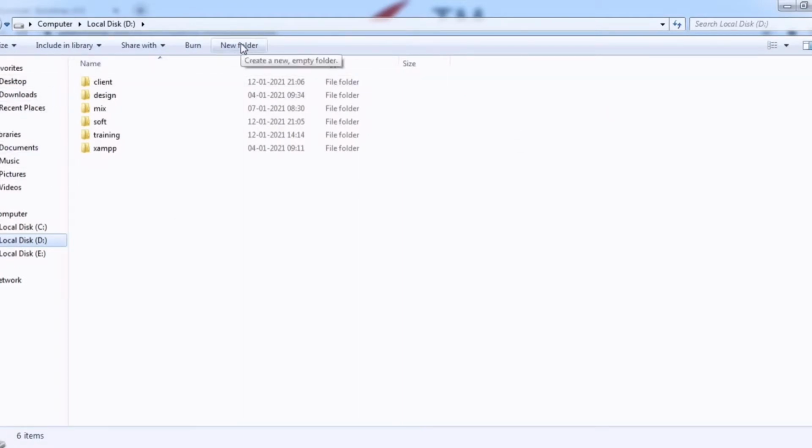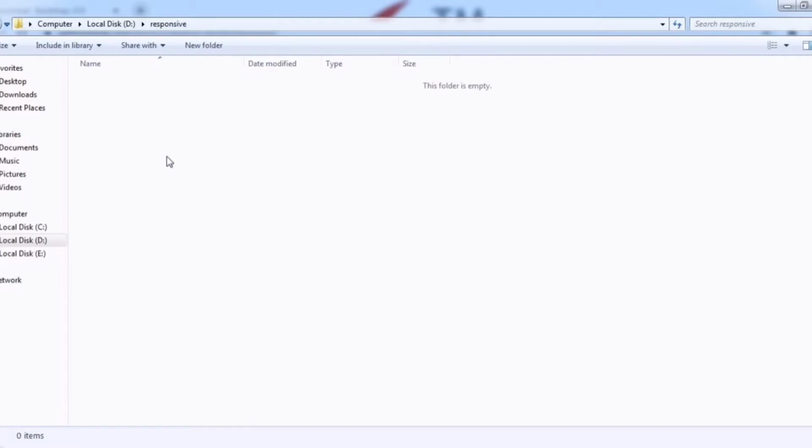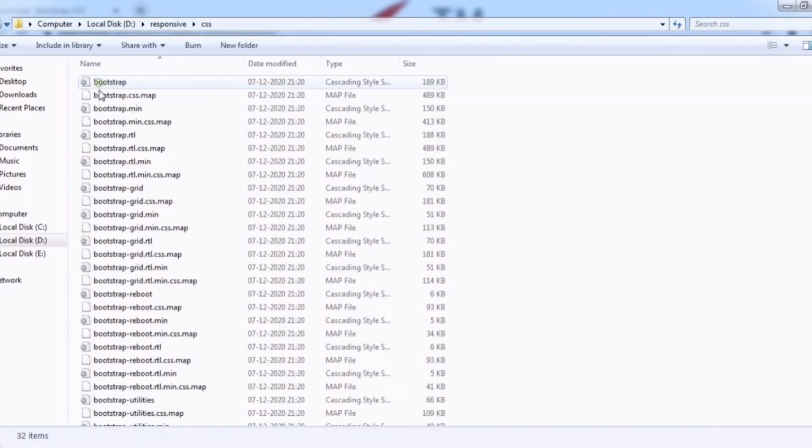After this we will go inside the folder, and rename it with some other name. Suppose I write my name, that is responsive. After that the folder has been emptied. So we will go to the CSS folder.